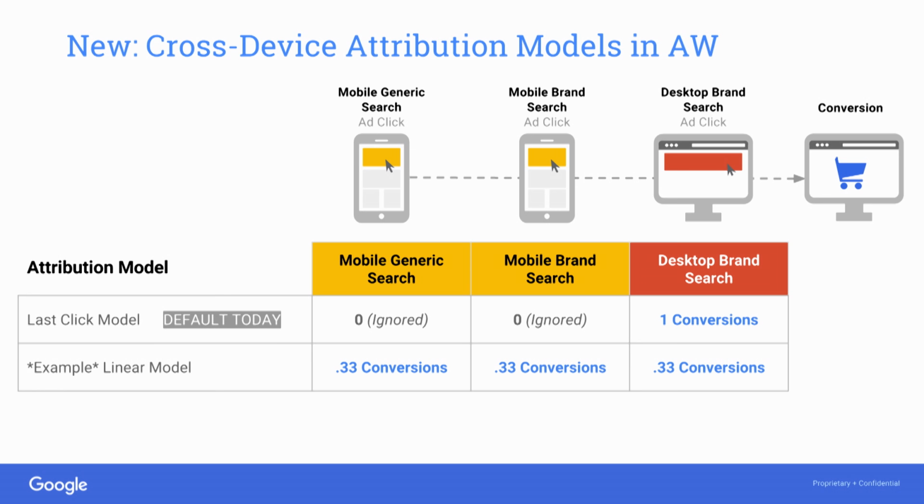So that's why we talk about attribution modeling and why it's so crucial for mobile success and mobile measurement, because now with cross-device and attribution modeling, we can see the previous touch points that happen a lot of the times on mobile, with the final conversion happening from a desktop ad click, but we can tie it back. And in this case, 2/3 of the value, if you were looking at linear, would actually be shown towards mobile, but originally you wouldn't have been able to see that.